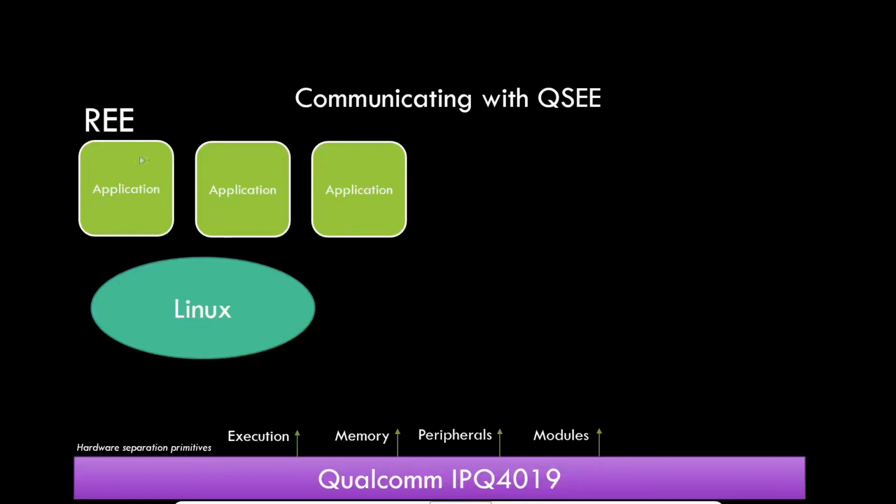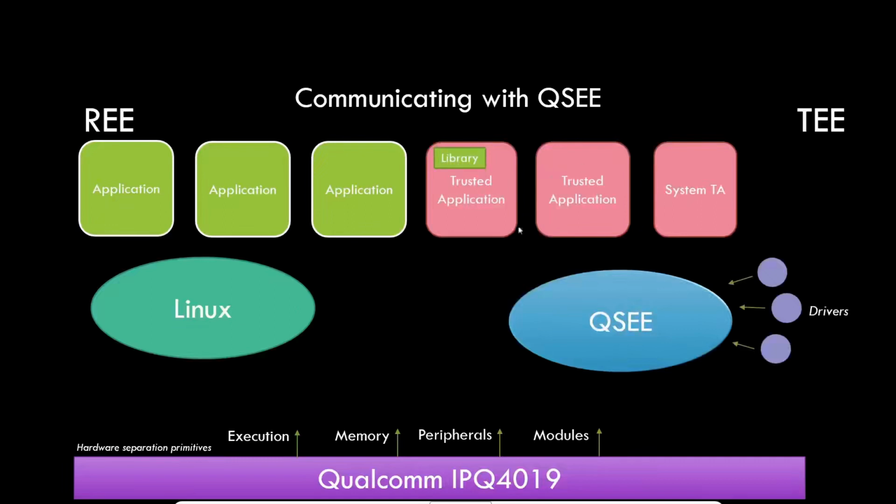On this side, you have, again, the RE in general. This is at runtime. And on this side, you have what executes in the QSEE. There are a few caveats here. This world is not always executing; it is executing upon call from the RE. The software architecture and the hardware are designed and used in order to establish some security boundaries. The typical one is between the RE and TE, which should be there in order to make sure that the TE can actually be trusted, or at least is trustworthy.